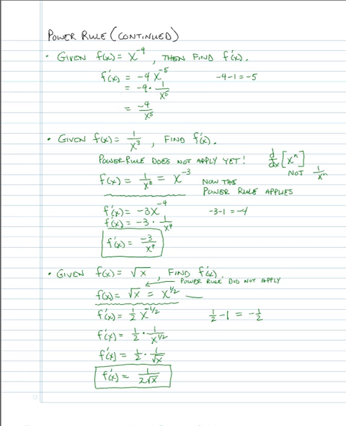And so we used a little algebra to reformat so that the rule does apply. After we did that, so we used some algebra to manipulate so that we could use the power rule. After we did that, then we found the derivative, okay, and that was pretty simple. Then we found the derivative,